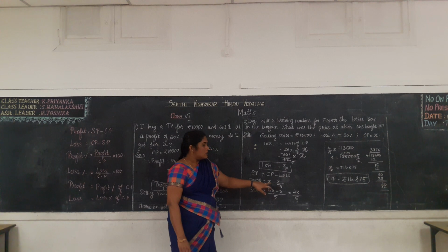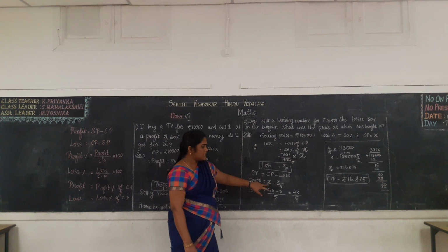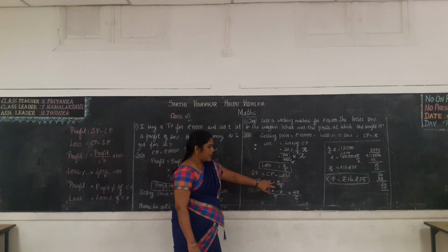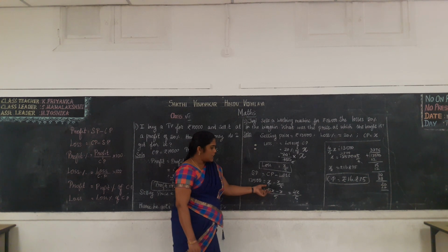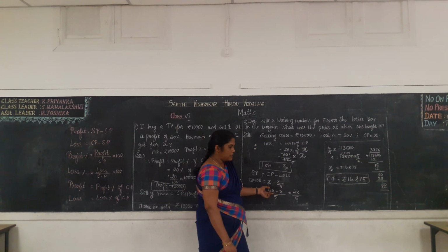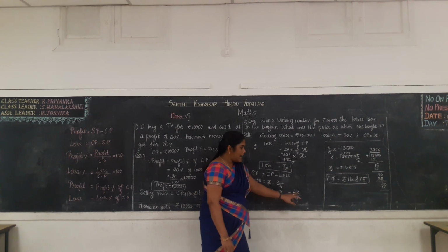Okay. So to subtract these two, the denominators must be the same. Here the denominator is 1, so first you take the LCM for these two. The LCM is 5. So here the numerator and denominator you multiply by 5. So 5x divided by 5 minus x by 5. Then we get 5x minus x divided by 5. So when we subtract x from 5x, we get 4x. So 4x by 5. Now we need the value of x.